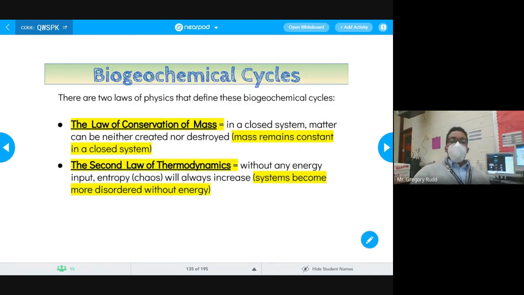Even if I went out of town for a week and I returned, there might be more dust on surfaces. There might be a spider or some other insect somewhere in the room. So even without my dirtying the room, it gets less ordered over time. And this is the idea of entropy. Entropy always increases. That means that chaos, messiness, always increases over time. The only way to reverse that is if you actually put energy into the system.